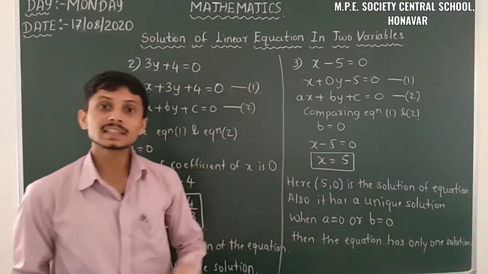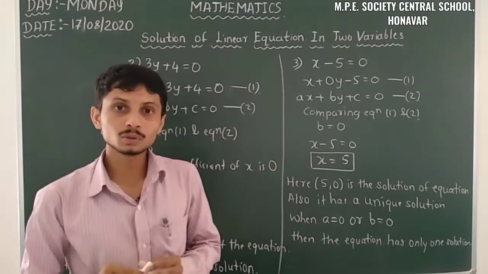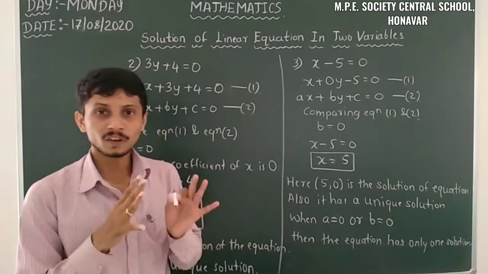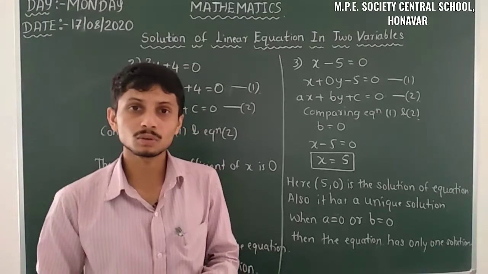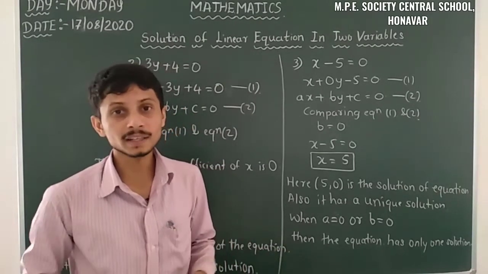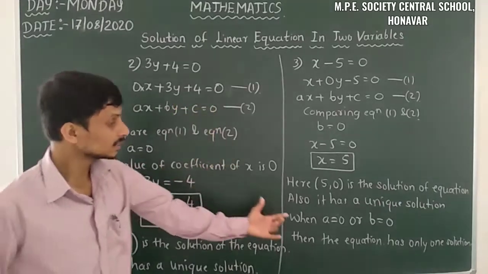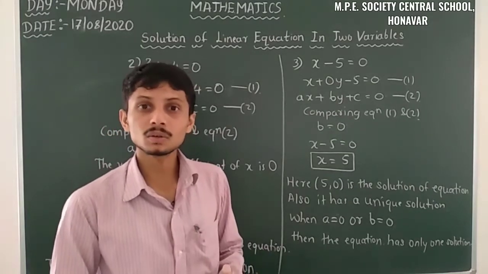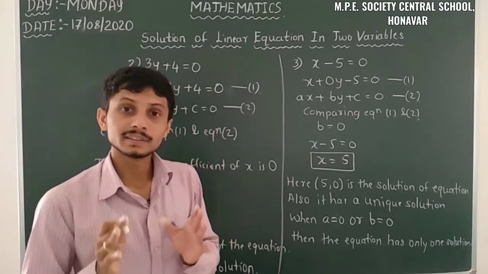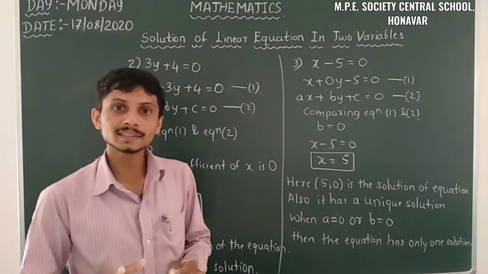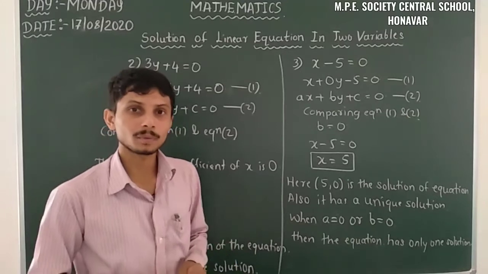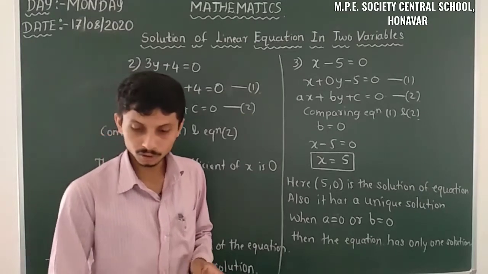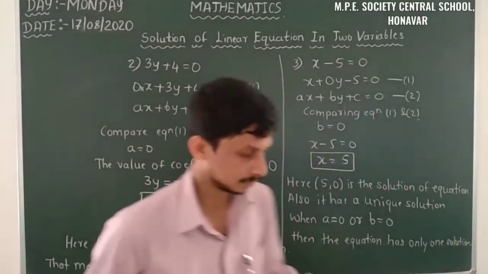Yes. So this is the case in the linear equation in two variables. We have to analyze how many solutions there are. When a is not equal to 0, b is not equal to 0, c is not equal to 0, the linear equation in two variables has infinitely many solutions. When a is equal to 0 or b is equal to 0, either one having a zero value, then that linear equation in two variables has only one unique solution, only one common solution. So it has a unique solution there. Let us move on to the next type of problem.